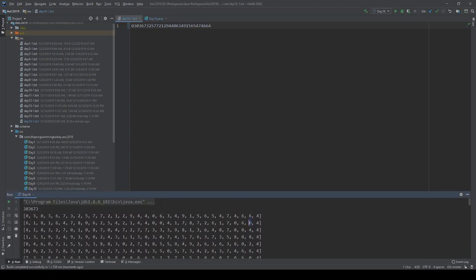You'll notice that this number is the sum of these mod 10. This is the sum of these mod 10. This is the sum of these mod 10. So you'll notice that what I was doing was, starting here, I was summing all of these up mod 10, going here, summing all of these up mod 10, starting here, summing all of these up mod 10. And then I just realized